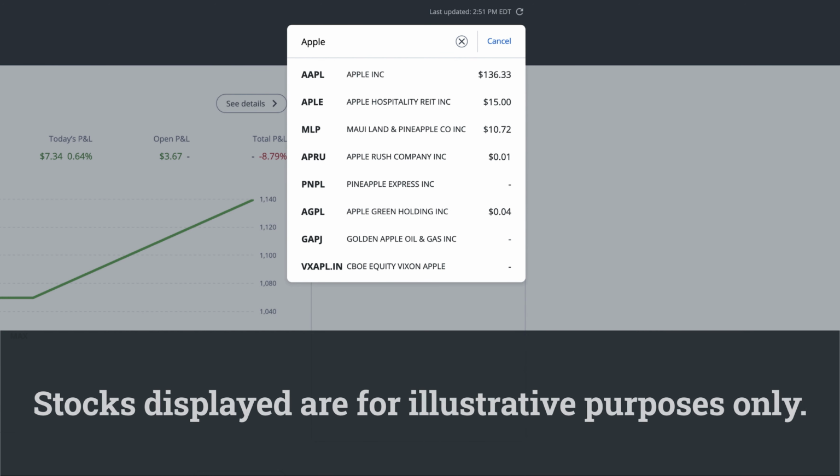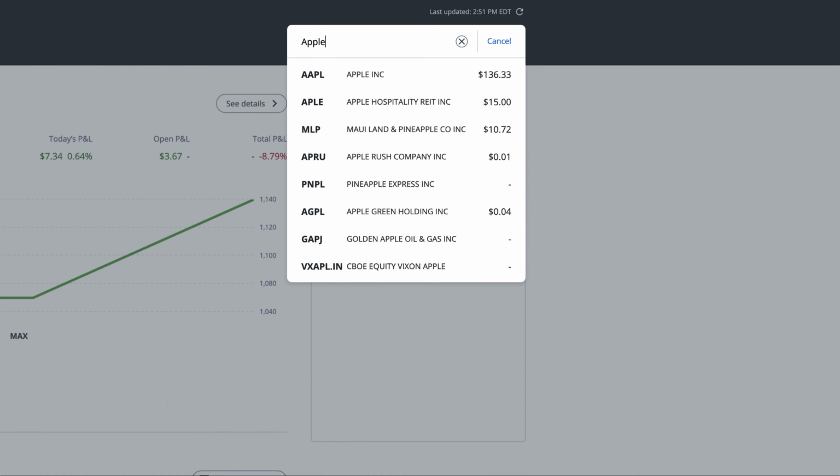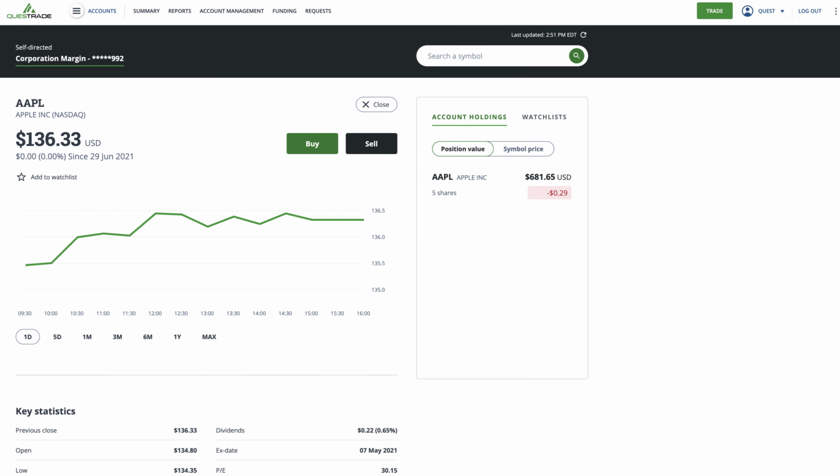Stocks displayed are for illustrative purposes only. In this example, we'll search for Apple. Various companies with Apple in the name will appear, along with their stock prices on the right side. If you know the symbol of the stock or ETF you're interested in, you can also type that directly into the search bar. If you click on one of the symbols, it will pull up more information about the stock